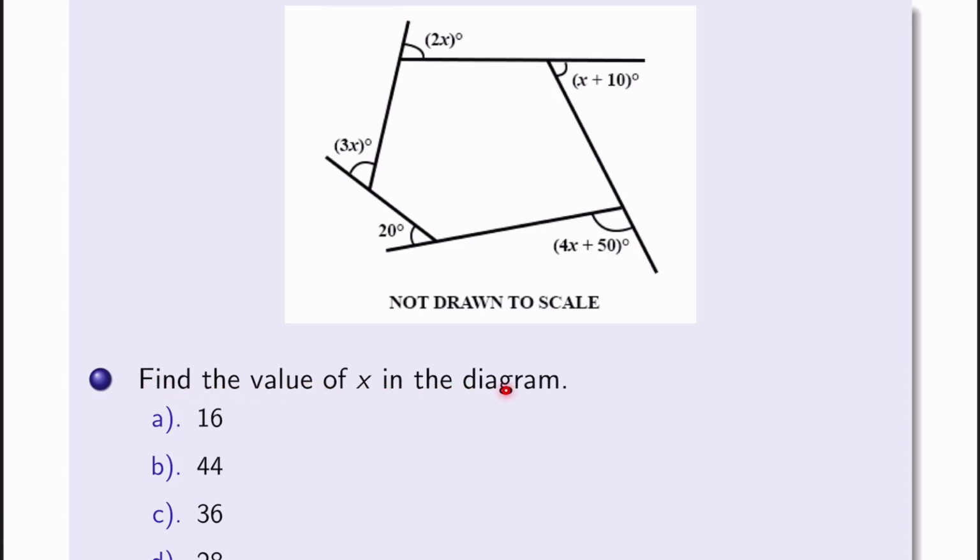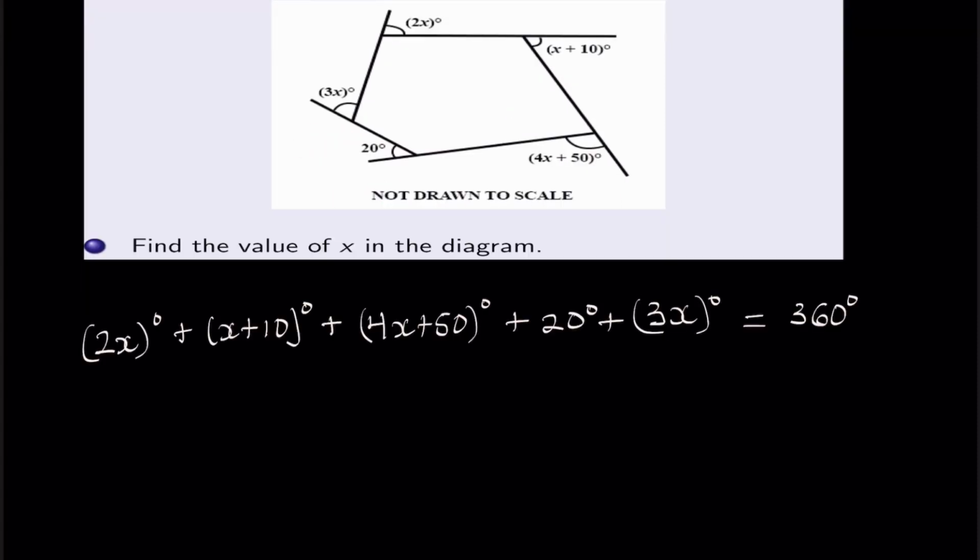Find the value of x in the diagram above. By definition, the sum of the exterior angles of a polygon is equal to 360 degrees. Thus, we are going to add all these angles and equate it to 360 degrees. Thus, we are going to have 2x plus x plus 10 plus 4x plus 50 plus 20 plus 3x